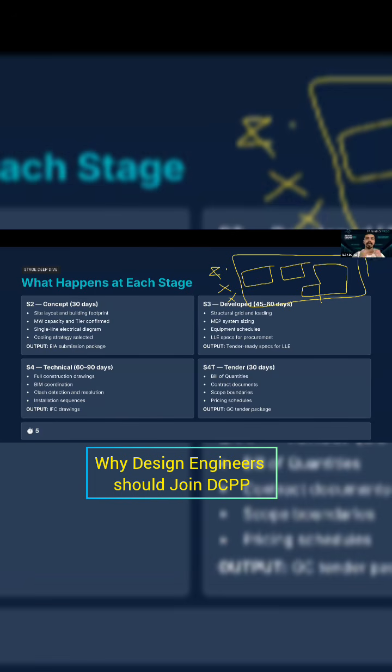The output of stage 2 allows me to start my EIA submission, environmental impact submission, because now I can go to the authority. Guys, I'm building. This is the load I will be using. This is the PUE. This is how many generators I need. For the environmental authorities, what's important is the carbon footprint, carbon emission, water usage, etc. So based on stage 2, they would know the consumption in this data center. This is stage 2. Then once it's approved, and we will talk about the review period and why it's important to be planned, we'll go to stage 3, schematic design. Develop